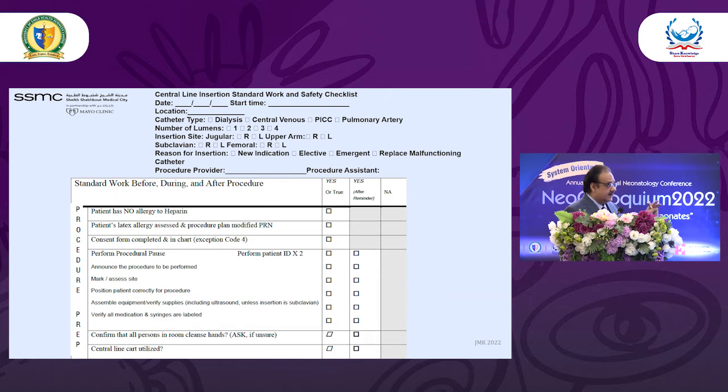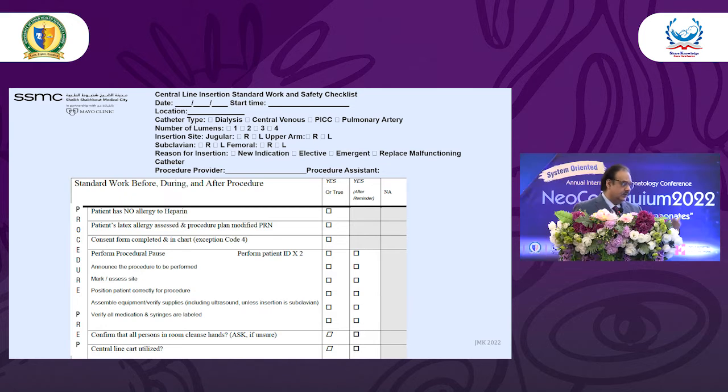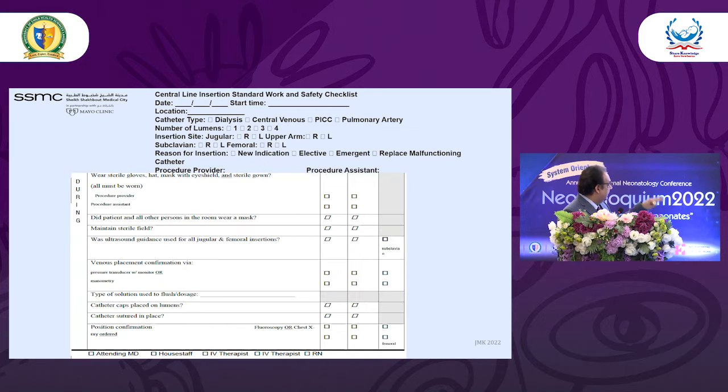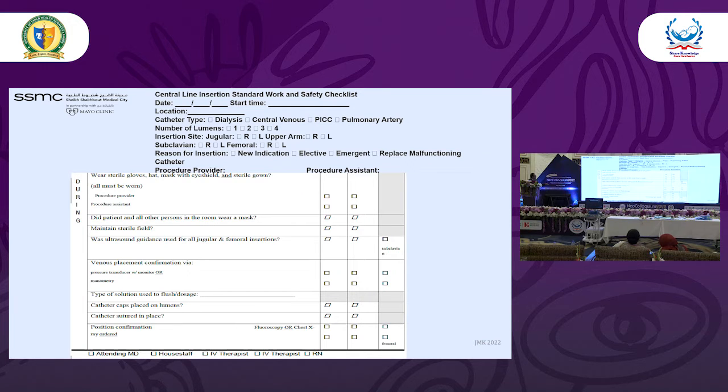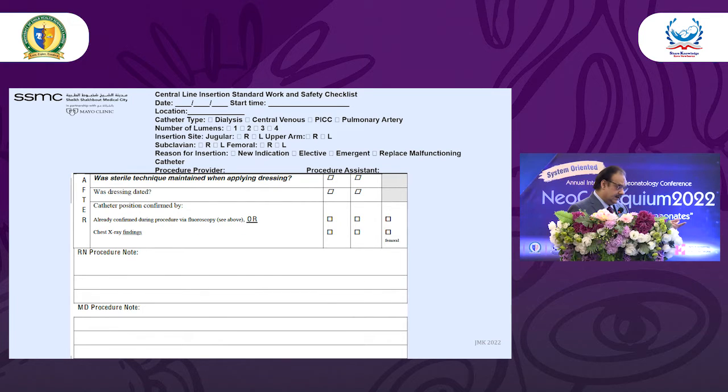This is our central line insertion documentation. At the time of the insertion, you put all these things, just a checklist. It's very easy to fill. You can develop one like this, or you can have your own, but you have to have it. And then the prep procedure, and everything is written there. Then during the insertion, what is going on,